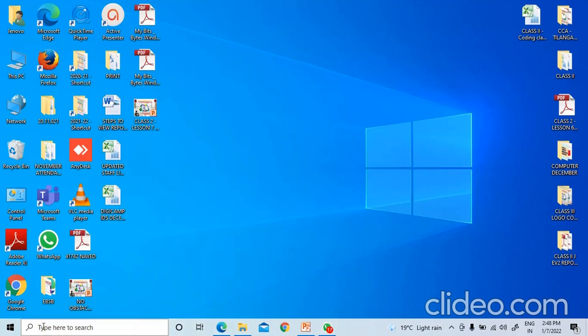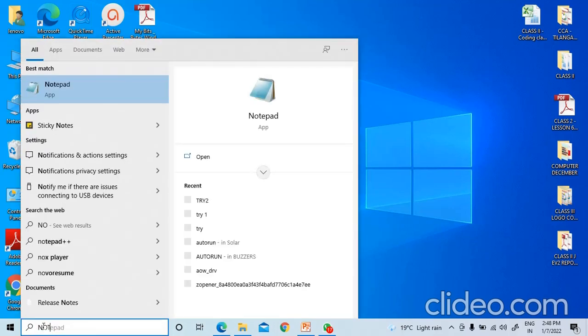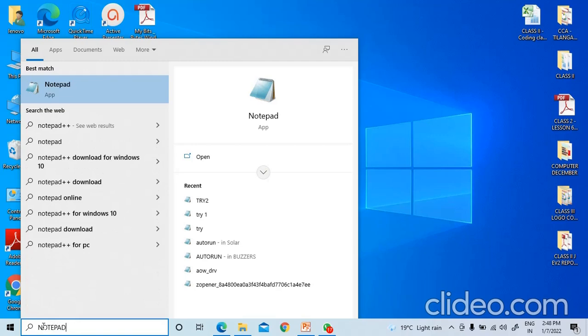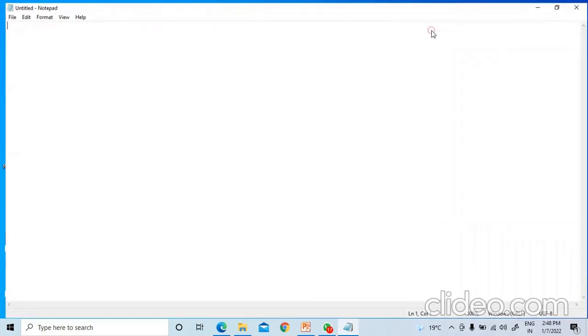Click on the search window on the status bar and type here Notepad. As soon as you press enter, the Notepad window will appear on your screen. But this window is small. To maximize this window, click on the maximize button.